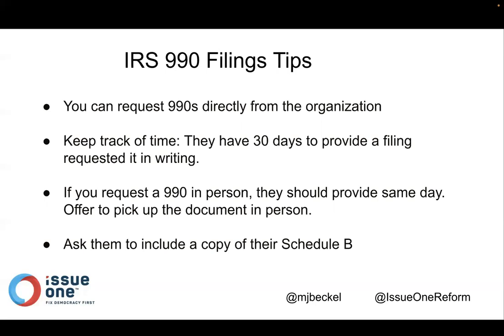There is one schedule of the 990 that is sort of treated differently than the others, and that is what's called the Schedule B, which is the names and amounts of all of their contributors. But groups are required to provide a redacted version of their Schedule B that redacts the names of their donors, but still shows you things like how many donors, how many big donors did they have, how much money were they getting from these donors. So again, asking key questions like, was one donor